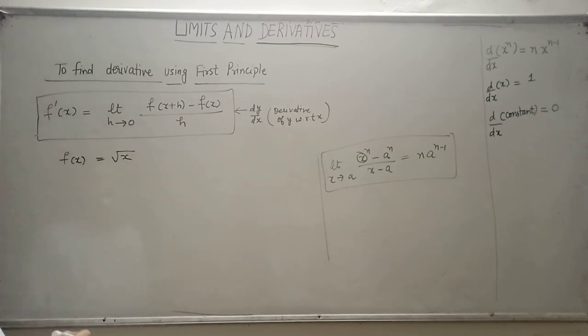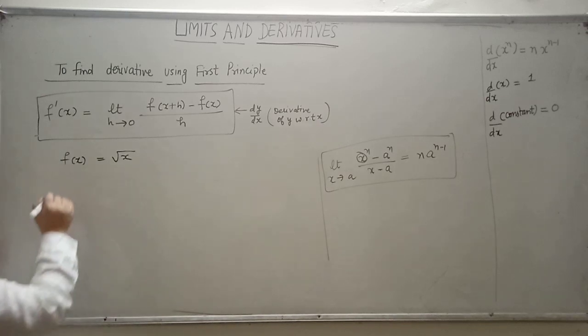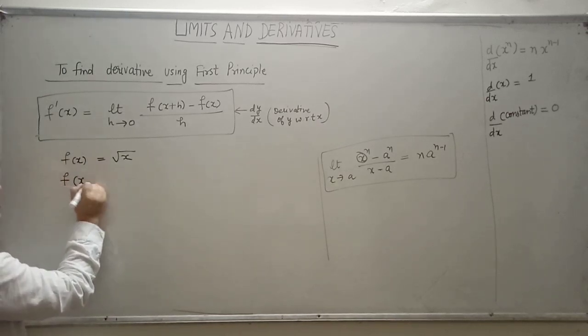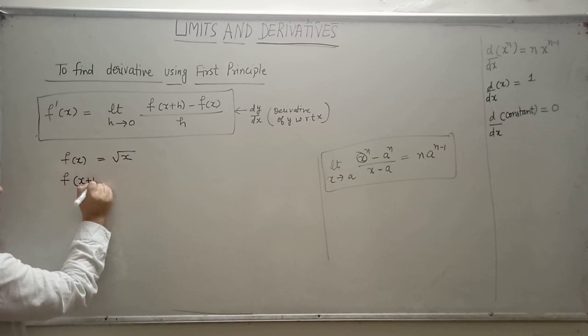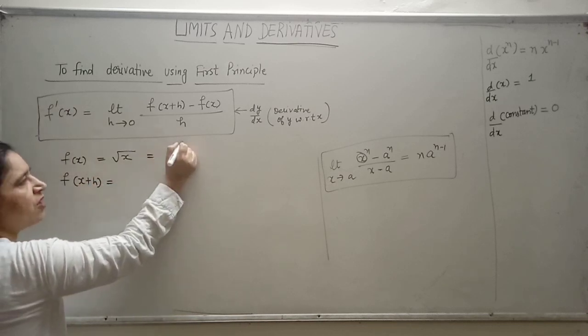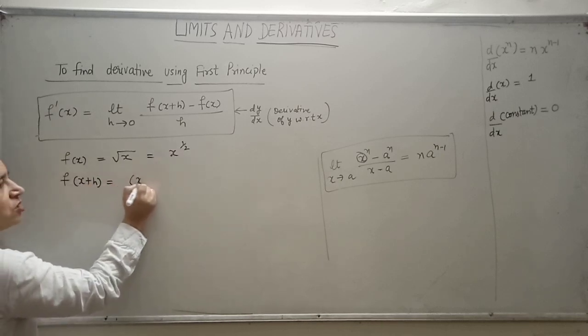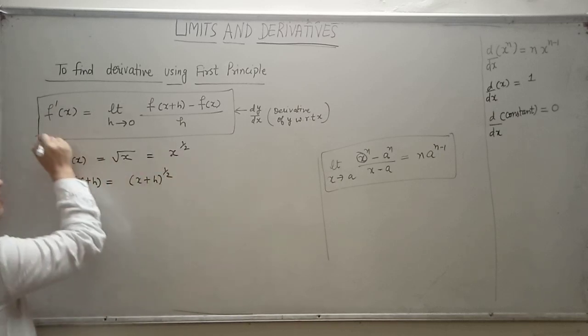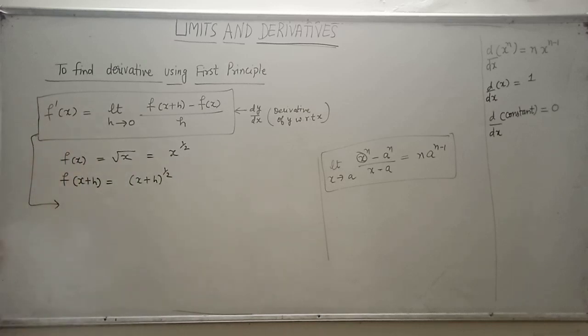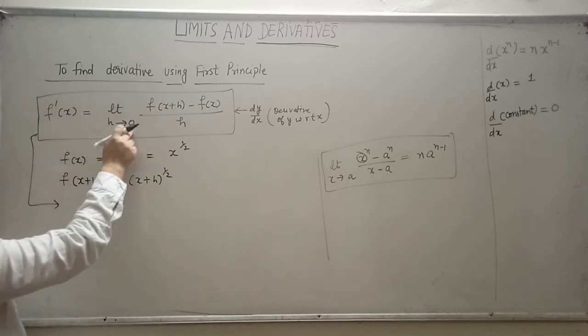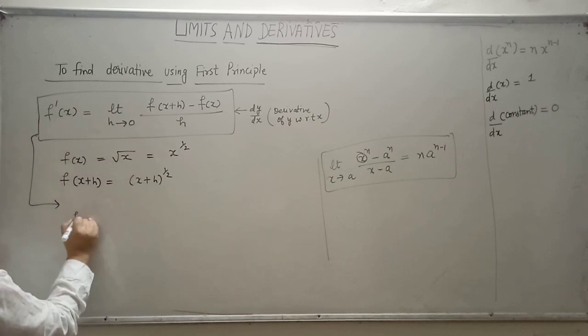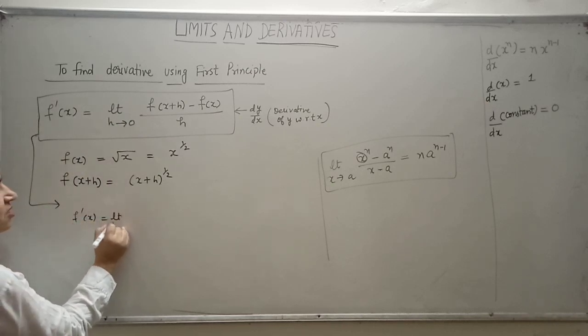हाँ जी स्टूडेंट्स, let us try to find out the derivative of this function f(x) is equal to root x by using the first principle. Using the first principle, we'll write f(x) plus h. This can be written as x raised to power 1 by 2, and in f(x) plus h, x को we will replace by x plus h raised to power 1 by 2. Then we will write down the formula for the derivative by first principle. So it would become f dash x is equal to limit h tends to 0.